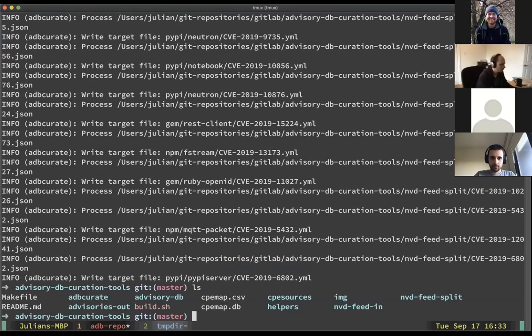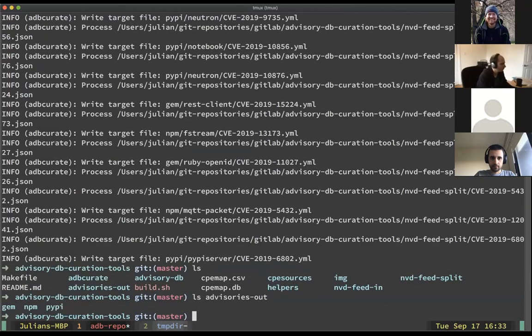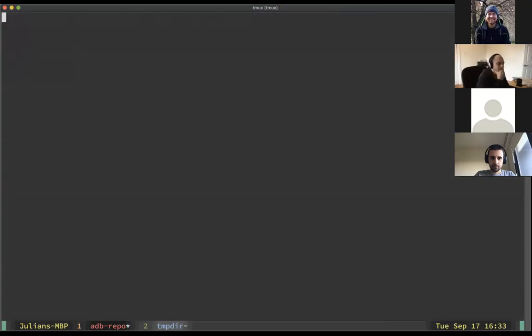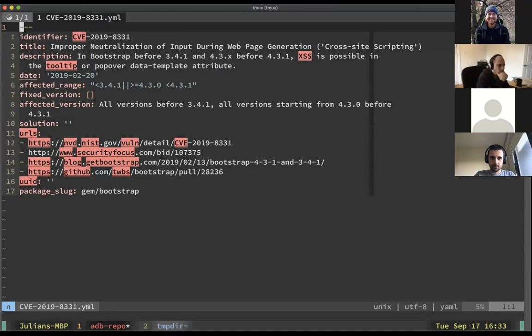And so now we have our advisories, which are in the advisories out directory. Let's just have a look at the first one. This is, for example, generated for Bootstrap, and it contains the identifier, the title, which we took from CWE. It contains the description text, which is basically directly taken from the NVD description, the date, the affected range, and